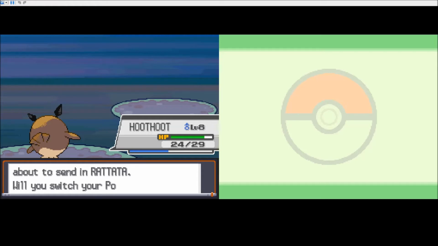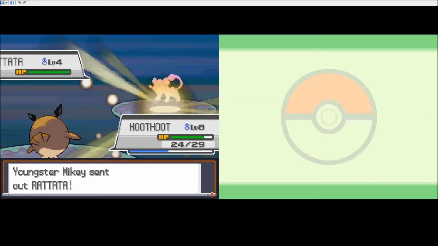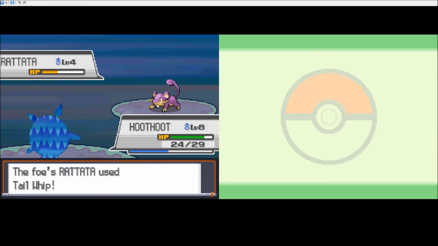Yeah, 22. I don't want to switch. We're good. We're going to let Hoot Hoot shine for a moment. And you know what? I barely realized that Hoot Hoot is actually now following me. I mean, I noticed it a moment ago, but I didn't say anything. I kind of thought it would be Chikorita the whole time, but that's actually pretty...